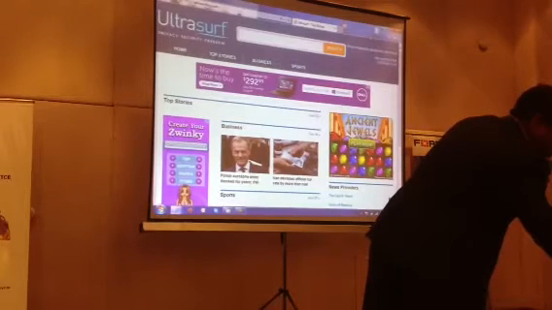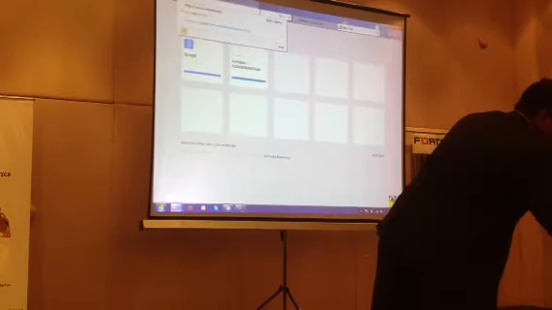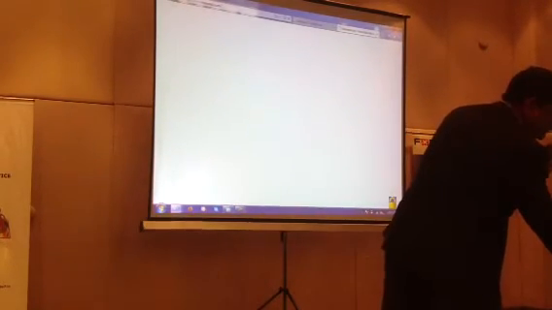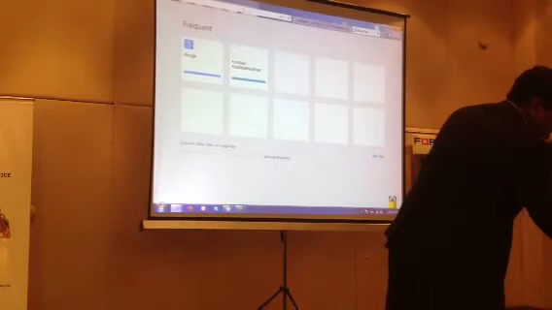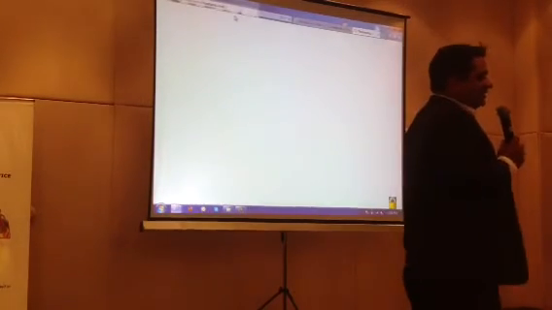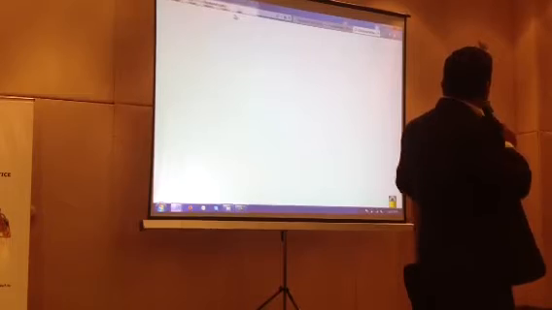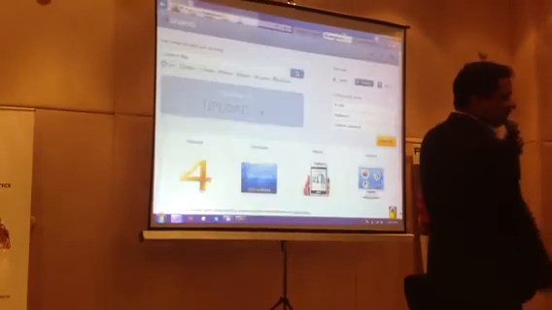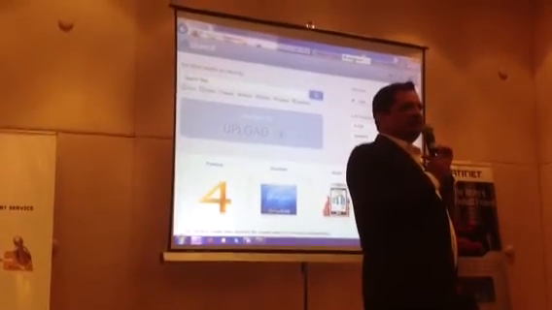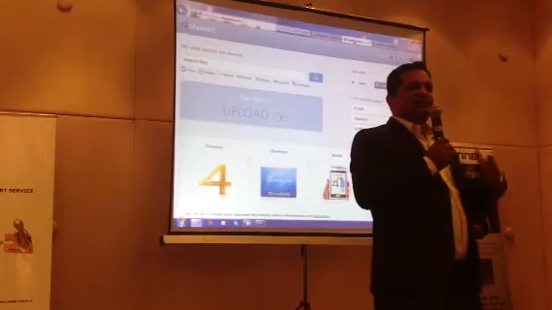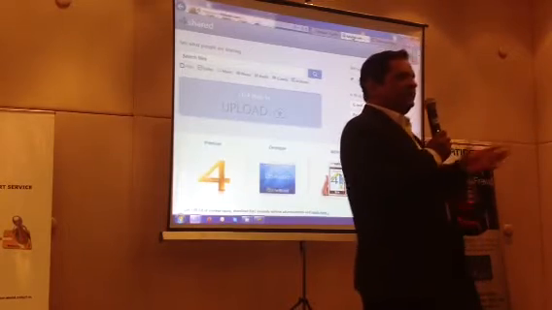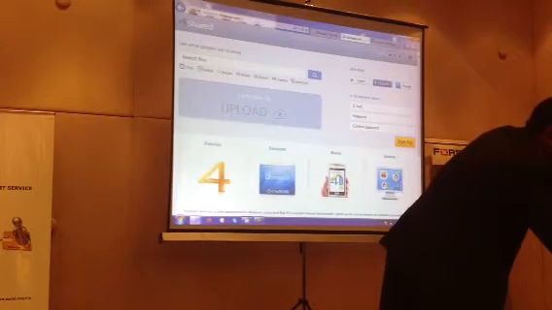Now we'll try to access the sites we have blocked. We are able to access 4shared, and we are able to access Facebook. This is the typical way of bypassing the corporate firewall. Now the challenge is how to block these proxies. Only a next generation firewall can do that. A typical legacy firewall which only blocks port 80 and port 443 will not help here. So now we have to block this proxy itself.